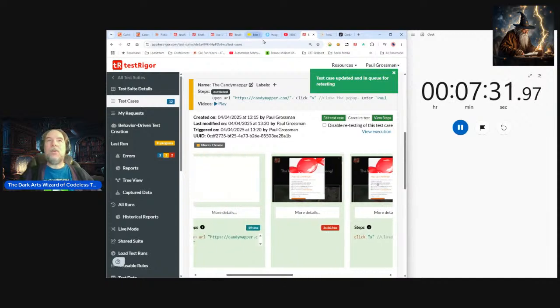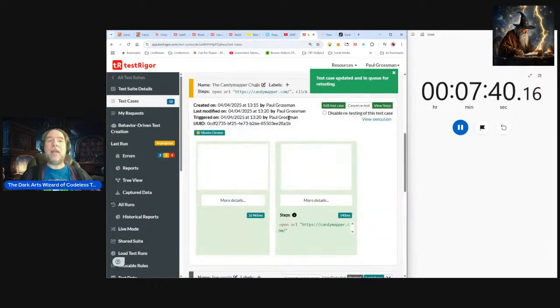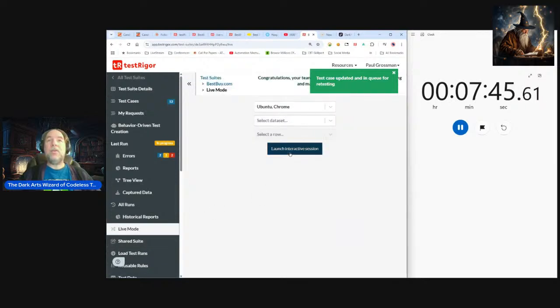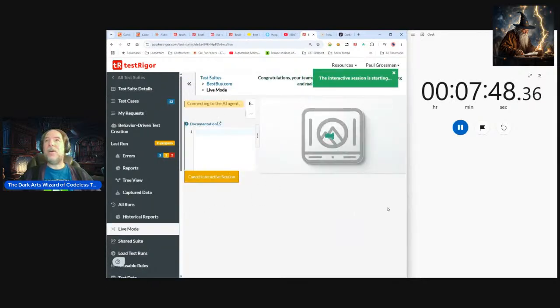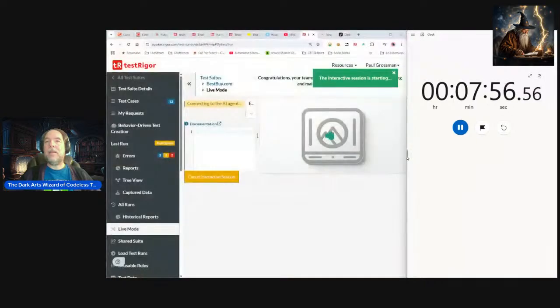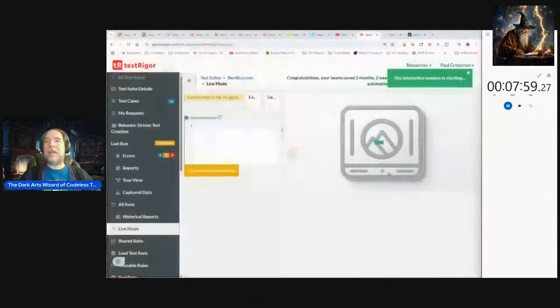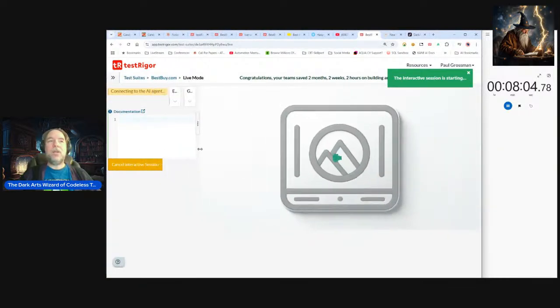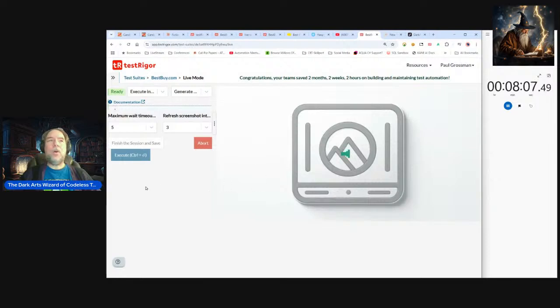Now, while we're also doing that, I'm going to do something else over here. There is a couple other different ways that we can do this. And one is called live mode. I don't think I've talked about live mode all week. So I'm going to go over to live mode, and I'm going to launch a live mode session over here. I'm going to try and make my interaction over here just a little bit smaller. Can I grab that? Yeah, there we go. All right, and I'm going to make this a little bit bigger, and I can make this adjustable. And we're going to go and set this up so that we can have this.